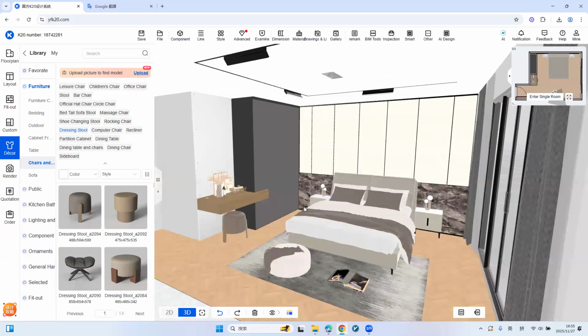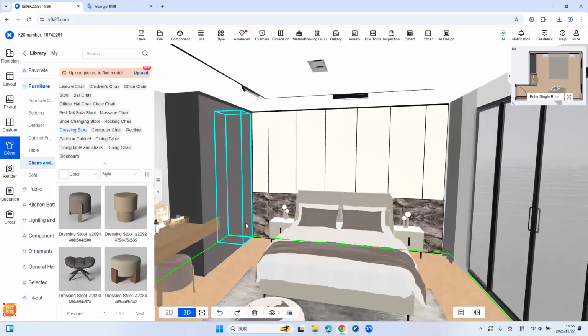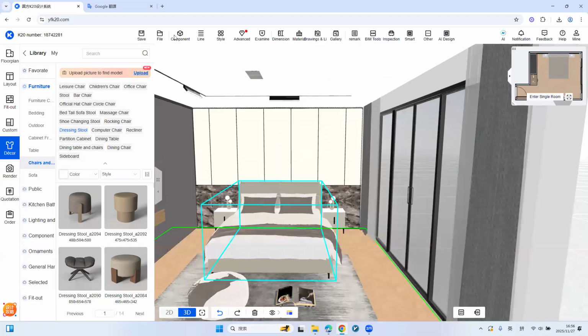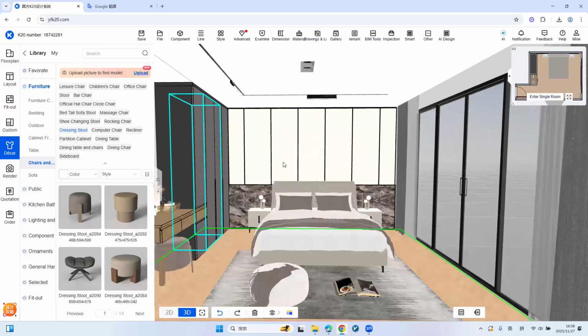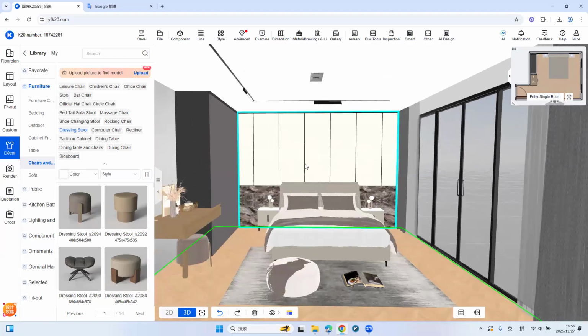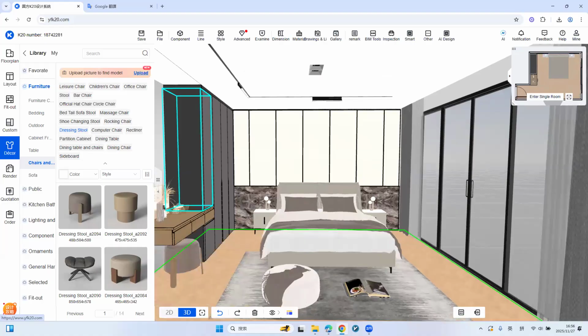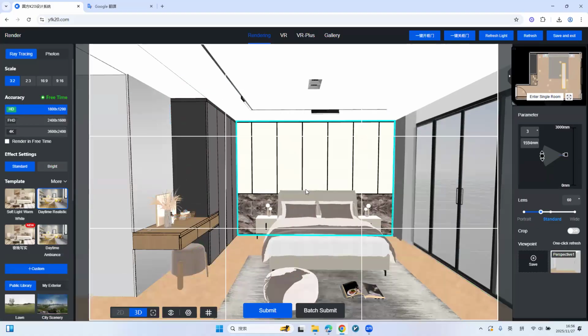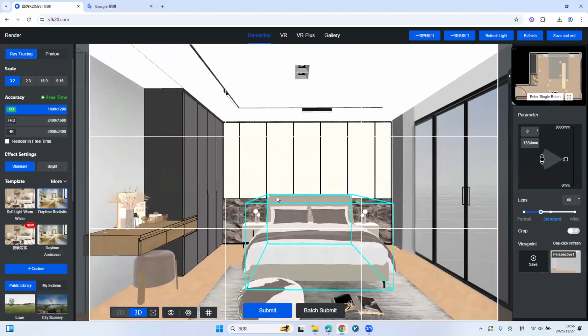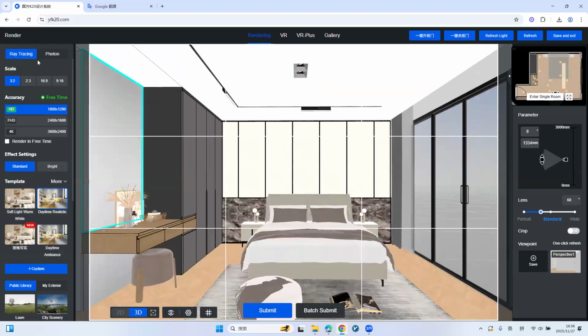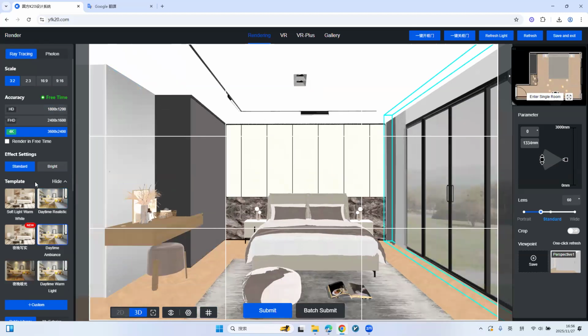Okay, and then we go to the render. Okay, save this first. Go to the render. And here we can use the ray tracing, and then use the 4K frequency. Okay, and we use the template,